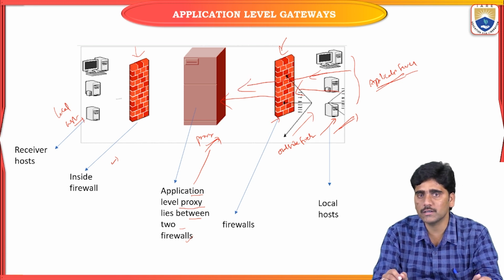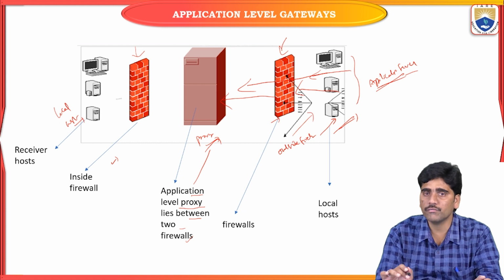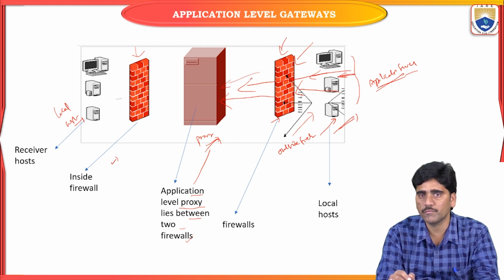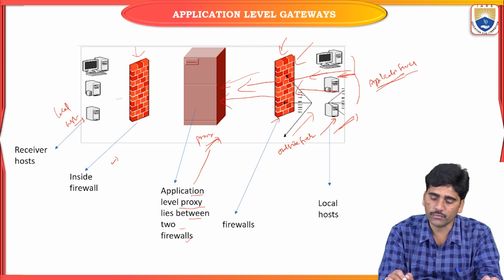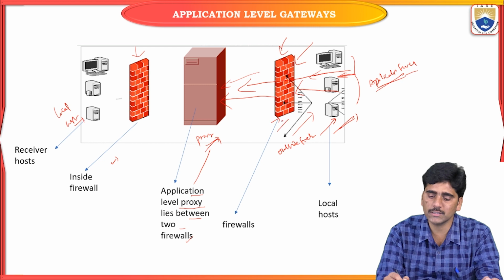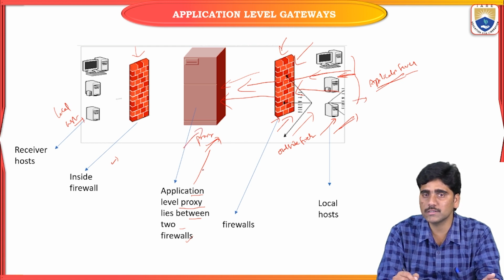It checks that each and every packet being transmitted from this application server is valid or not. If it is not valid, then the firewall protects the system and the application level proxy from this data. So if this firewall is configured with less security, or if the firewall is compromised by hackers, then the application level proxies